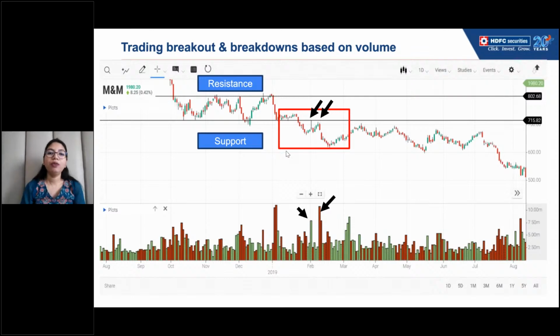So this is how we have to take the confirmation from the volume whenever we are trading the support and resistance or whenever we are participating into the breakouts or breakdown। जब भी आप breakout भी trade करोगे, ये तो breakdown का scene हुआ, but whenever you are going to trade the breakout as well, you will have to confirm the volumes। अब यहाँ पे आप देख लो ये resistance को touch करने जा रहे हैं, ठीक है। अब रेजिस्टेंस